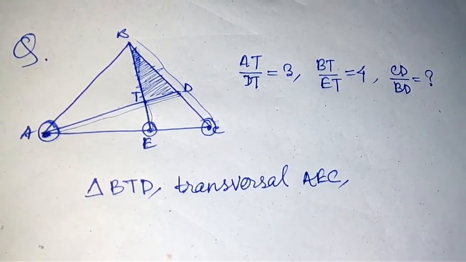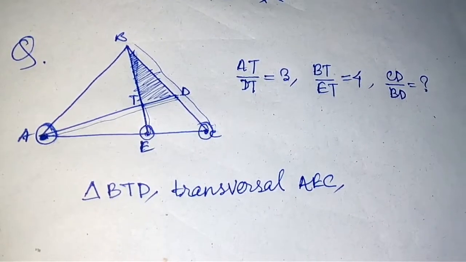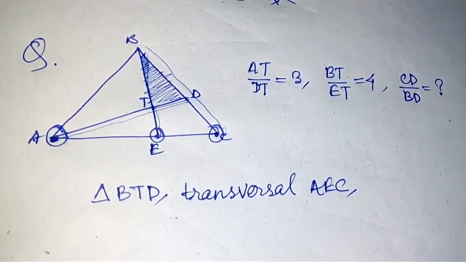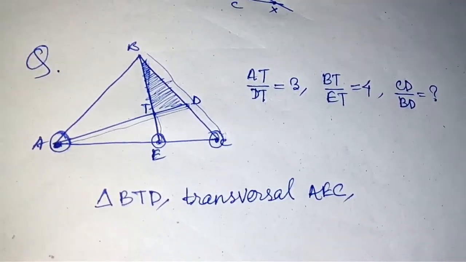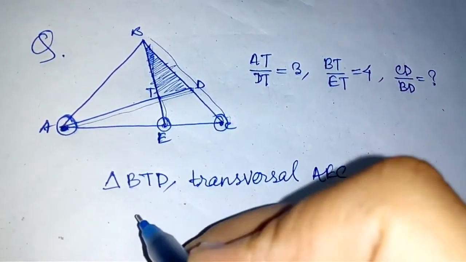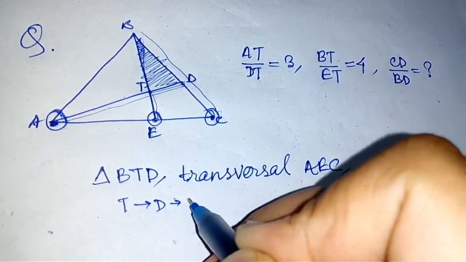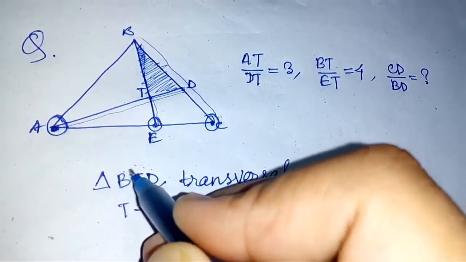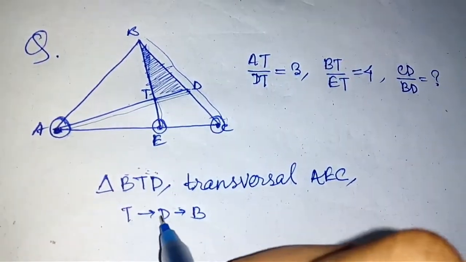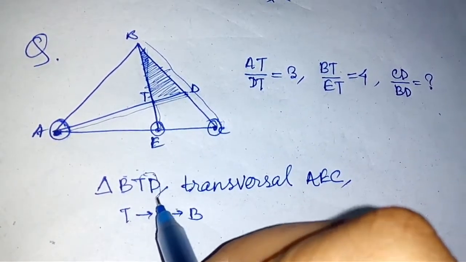Now it is forced to go via station C, no matter where that station be. This is the kind of scenario. So we have to move in a cyclic path. For example, if I choose T, from T I have to go to D, and from D I have to go to B. See, these are our triangle vertices. So from T to D to B, I have to choose a cyclic path.